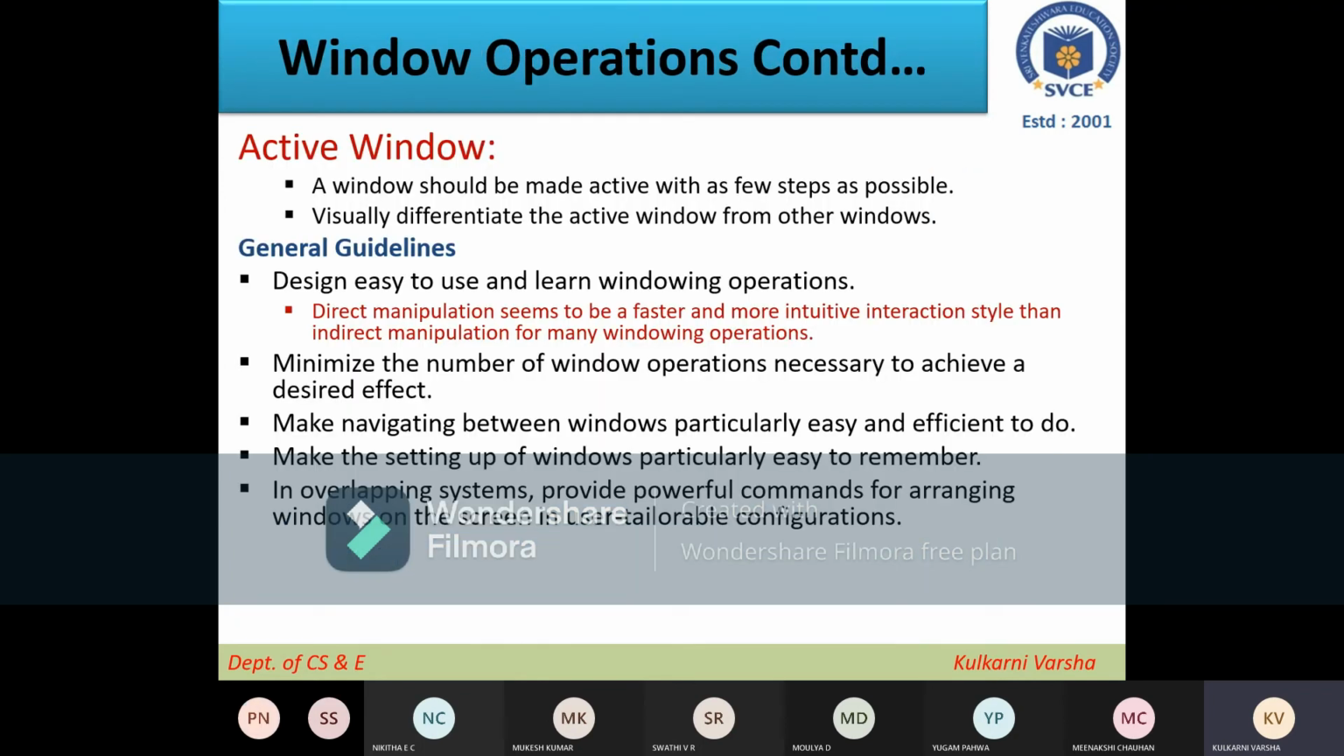Starting with the active window: a window should be made active with as few steps as possible. Usually you should differentiate the active window from the other windows. How will we come to know which window is active and which is inactive? Just by looking at the number of windows, if you have windows in a tile fashion, which is the active window? For example, suppose